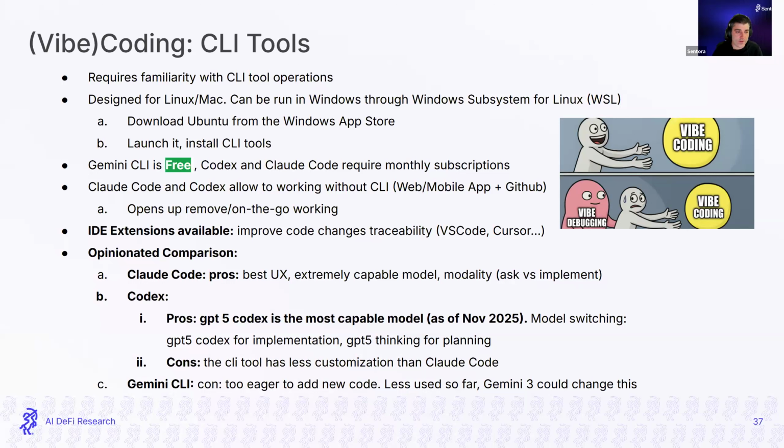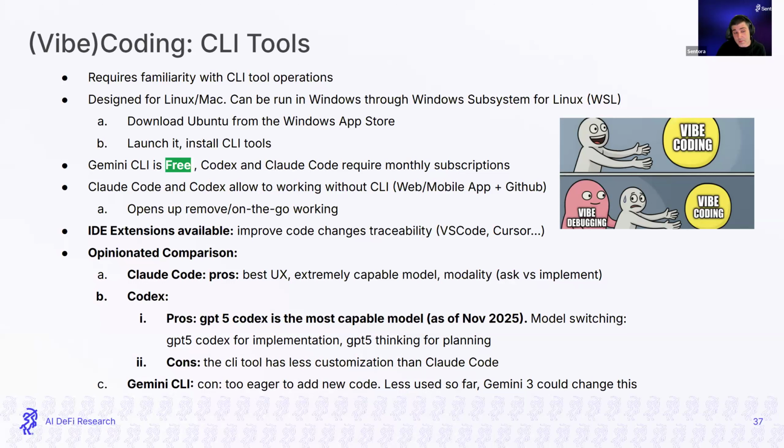For production grade code, usually we see that people have been using it a lot on IDEs like VS Code or Cursor because they allow to have better insight into which things are changing in the code. So it gives a better understanding rather than seeing line changes in a terminal. So yeah, they have support for these extensions in most IDEs, and it's a preferred method if we are developing and coding along these CLI tools.